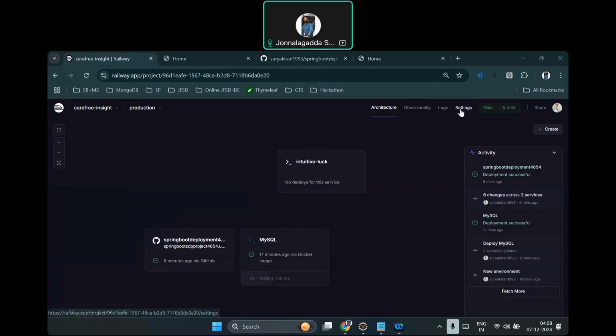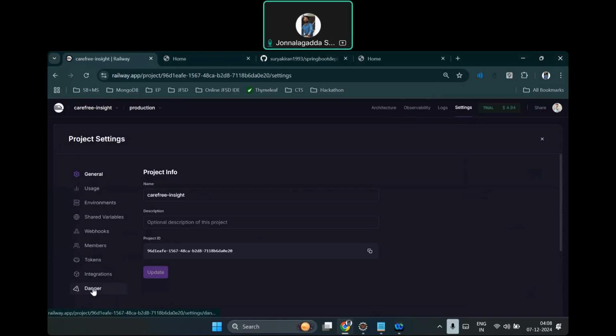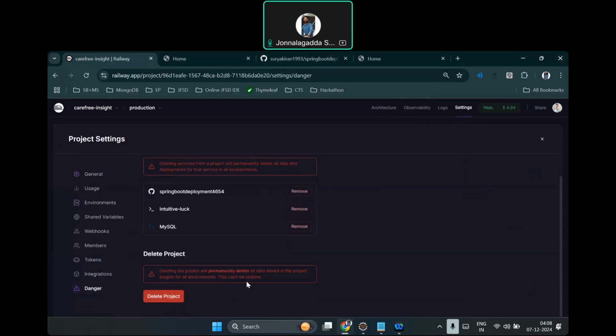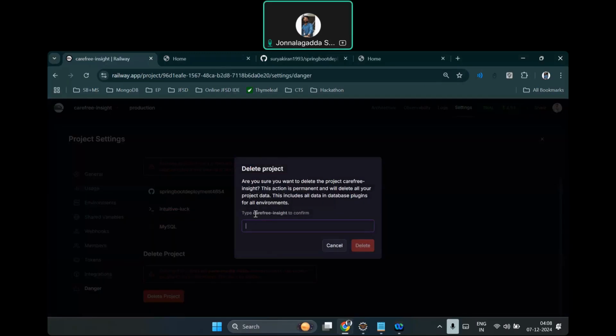next one is go to settings, danger, click on delete project, type the service name here, and click on delete. So like this, if the limit is over, for example, you delete all the projects and do it from scratch, no problem. Make sure that you deploy the project after the hackathon without fail,